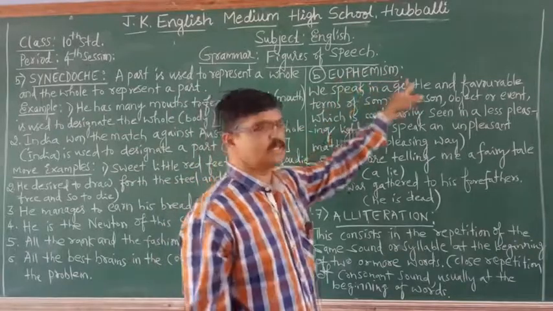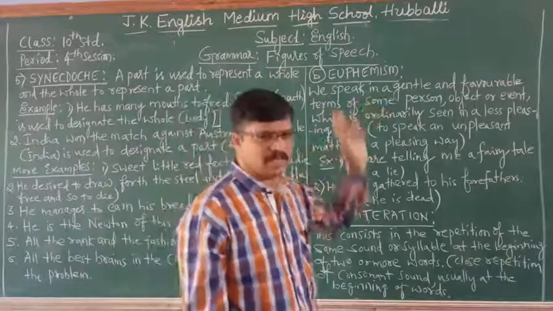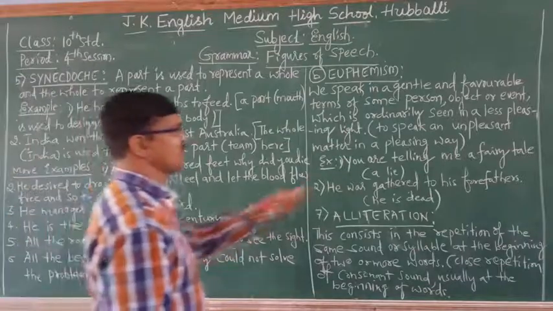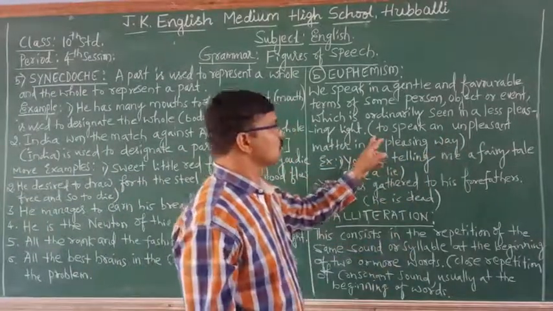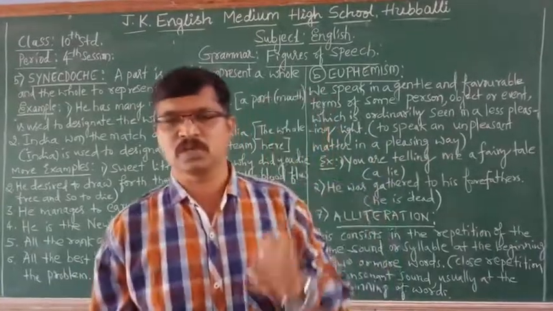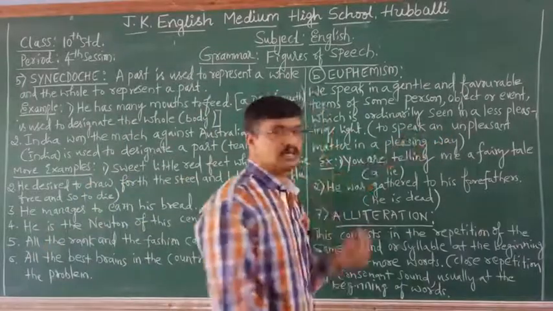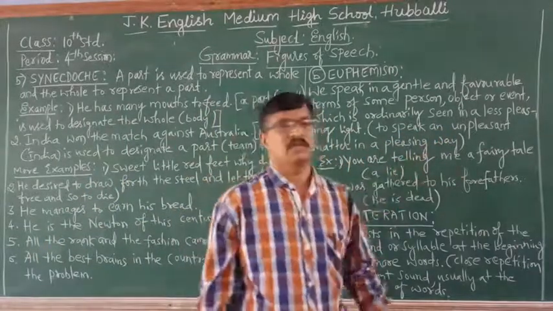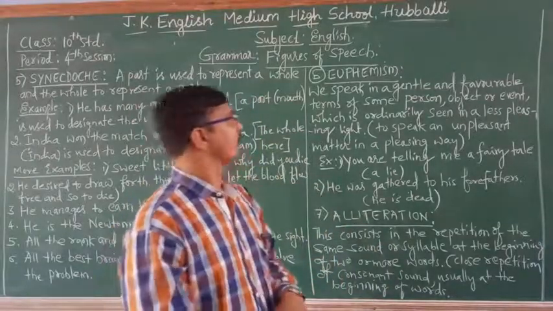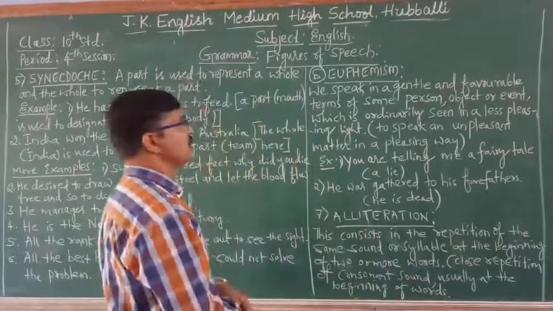E-U-P-H-E-M-I-S-M. Euphemism. So we speak. What is the meaning of this euphemism, figure of speech? In the bracket written here: to speak an unpleasant matter in a pleasing way. We use some sentences, that is, to speak an unpleasant matter in a pleasing way. We use some lines. So such a gentleness, a favorable term of speaking to the tough matter is called euphemism